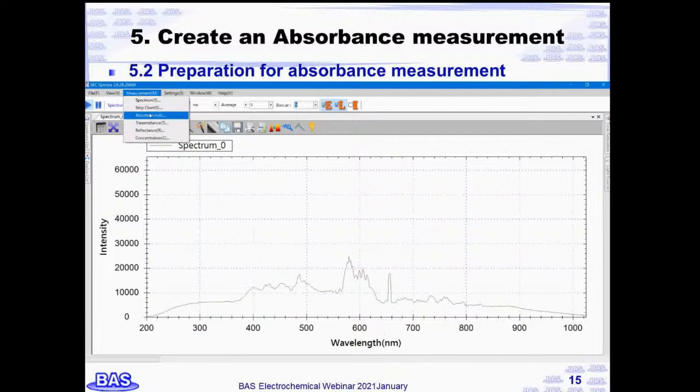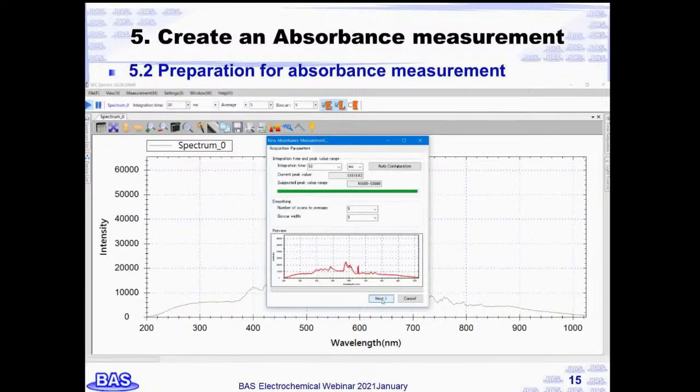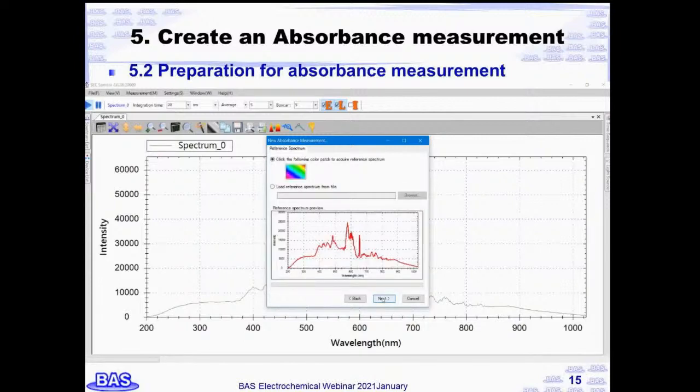Select Absorbance from the measurement menu and open the new Absorbance measurement window. On the source device window, show the source device, then click Next. Set the data acquisition related parameters on the screen. Adjust integration time, average, and boxcar to a suitable range. Click Next. To acquire a reference spectrum and then a dark spectrum,